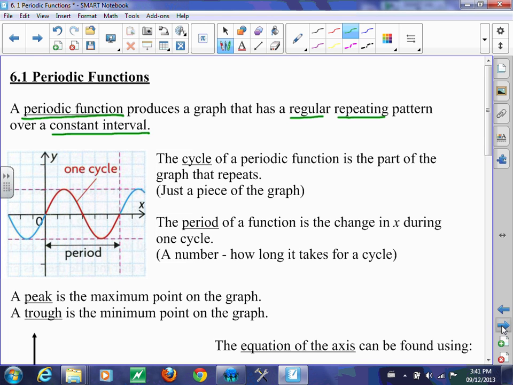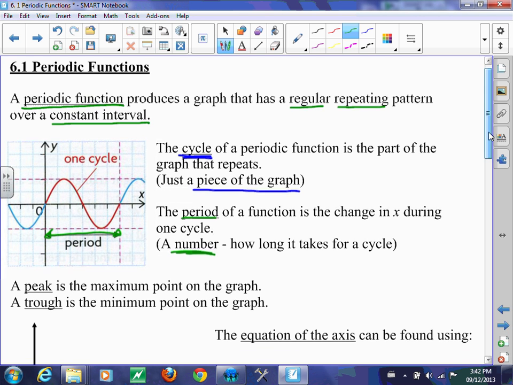So let's take a look at some pieces of terminology that are going to be significant in this unit. The cycle is the part of the periodic function that repeats. So it's one piece of the graph. It's one cycle, and notice that it repeats itself after the one cycle, and so cycles over cycles over cycles create these periodic functions. Whereas the period is how long it takes to complete one cycle. That is the number. Very often people make a mistake on the unit test because they get the cycle versus the period mixed up. The period is how long it takes to